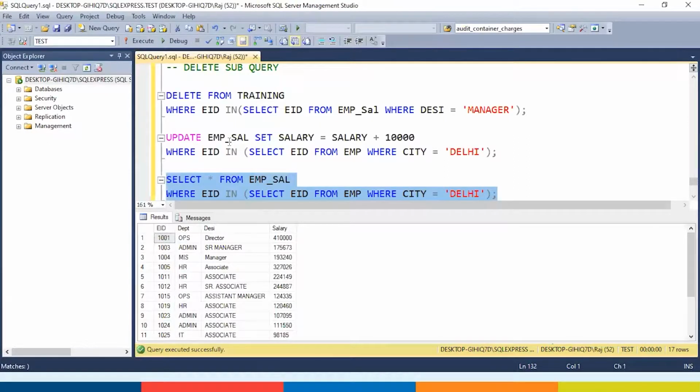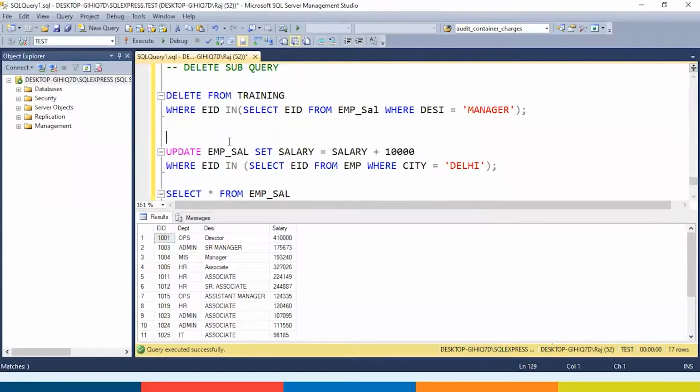Okay. So the salary of the Delhi employees has been increased by 10,000. So here it is an example of update subquery.